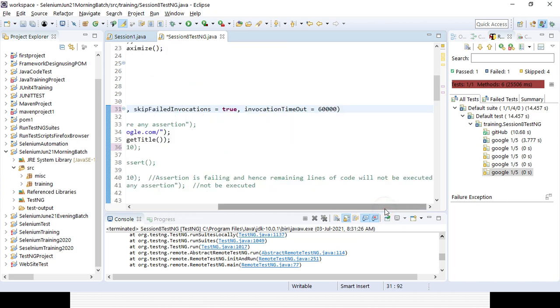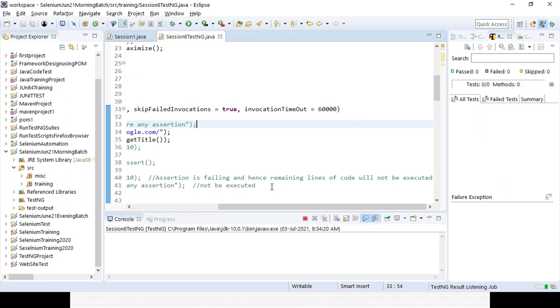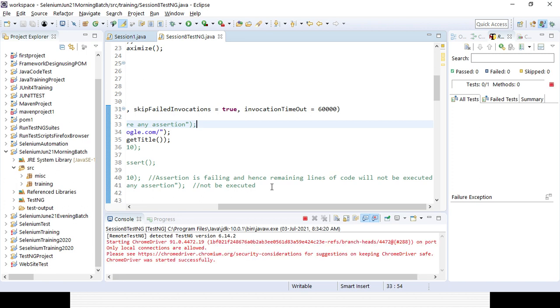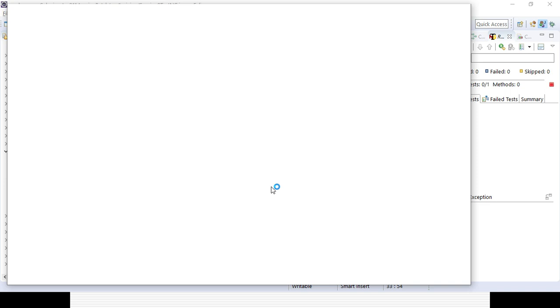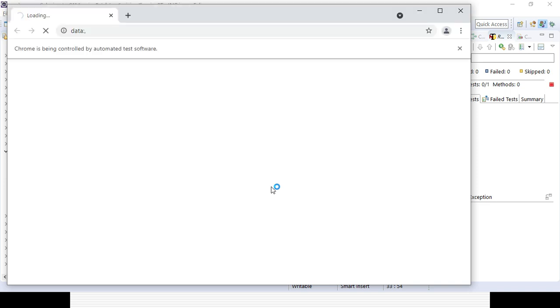Otherwise it will fail. So 60 seconds means 60,000 milliseconds. So that's why I can check how much time it is taking, right? In case it is not executing within the time, those will be failed, otherwise the remaining will pass.